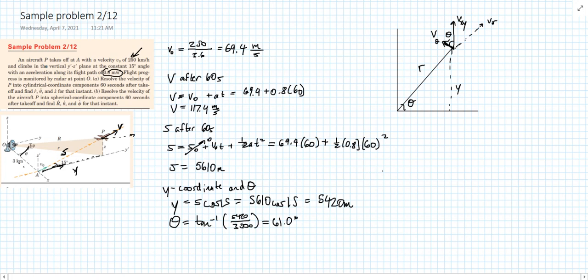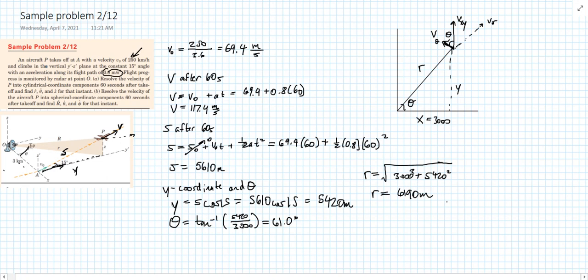Now we want to find what r is. So r is equal to the square root of x squared plus y squared, and x is equal to 3000 because we know this is 3 kilometers. So this is 3000 squared plus 5420 squared. Now this will give us an r value of